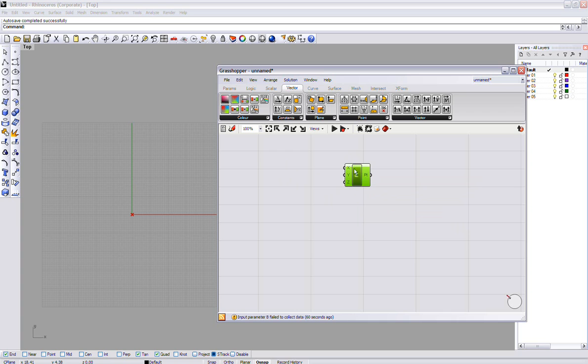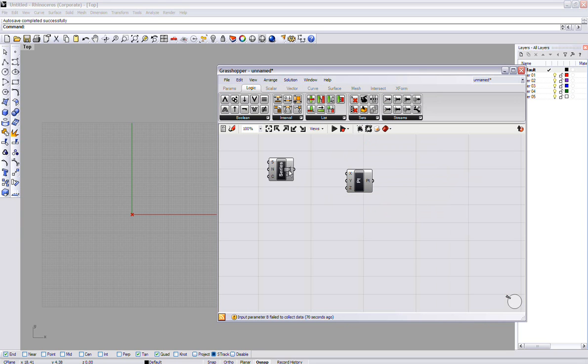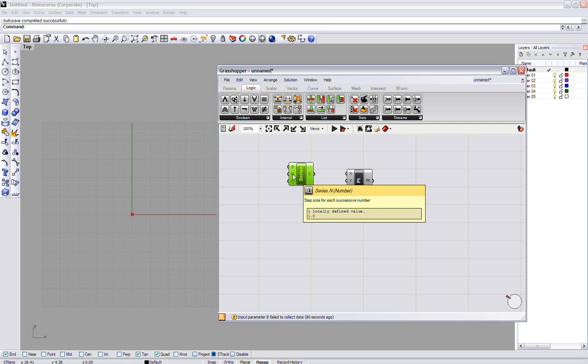We want to make a grid out of this point, which we can control. So go Logic, Set, Series. What happens is we set a series, where this is the first number where the series starts. This will be the spacing between the points, and this will be the number of values inside the series. So let's put in a